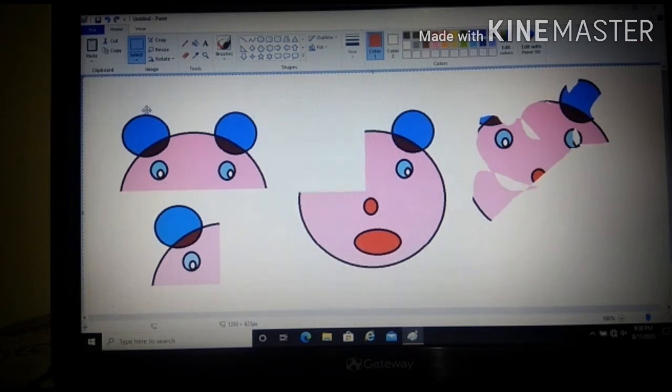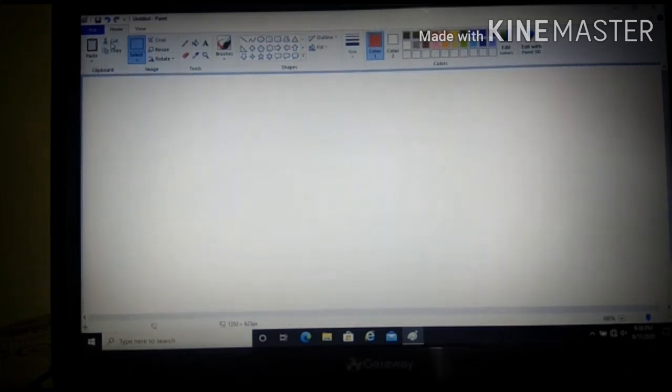How to delete that? You can use the delete key on your keyboard, first option. Or else you can use the cut option. Can you see that? If you cut, you can paste it somewhere else, but if you delete, it will delete permanently. You will not get it back. So once you delete from your keyboard, the whole area is cleared.